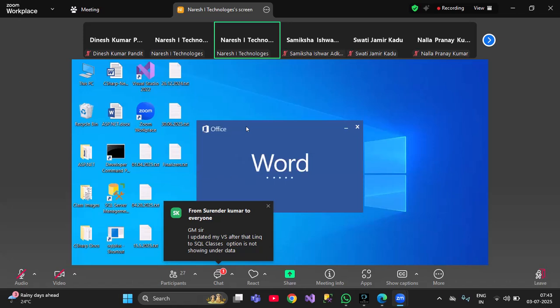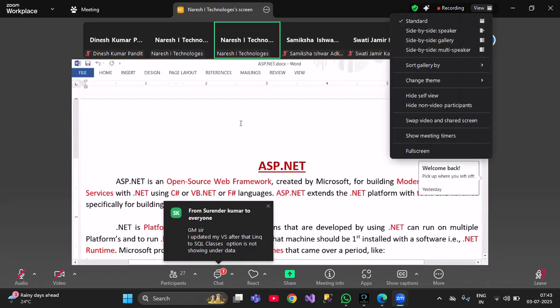The code first approach. So we have just been done with all the